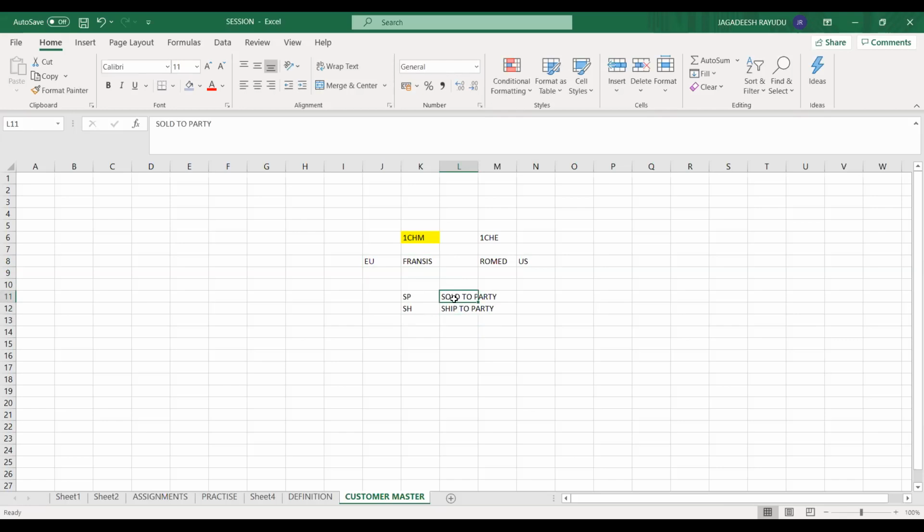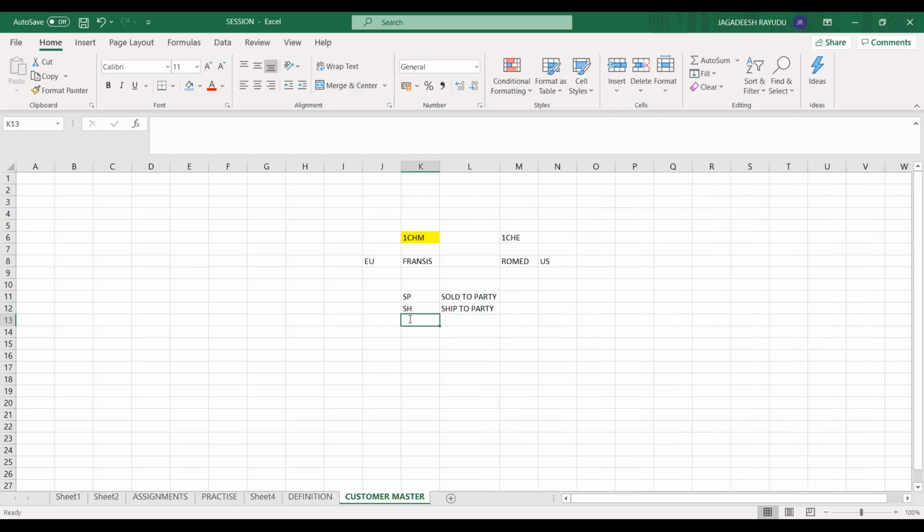In layman's terms, the person who raises the order is the sold-to party, and the person who receives the goods is the ship-to party. I also have something called the payer. When the payer wants to settle his bill, you have something called the bill-to party. These are the main mandatory partner functions.